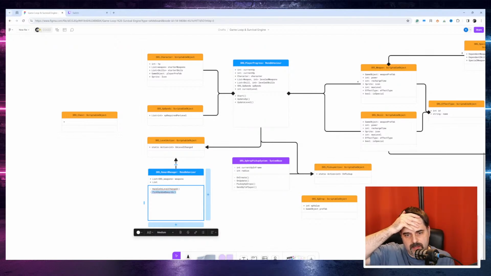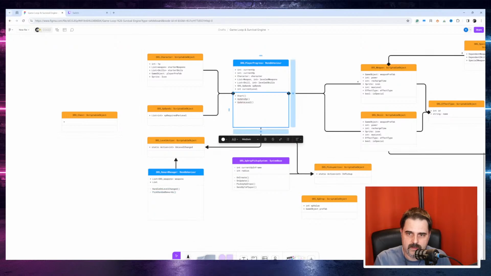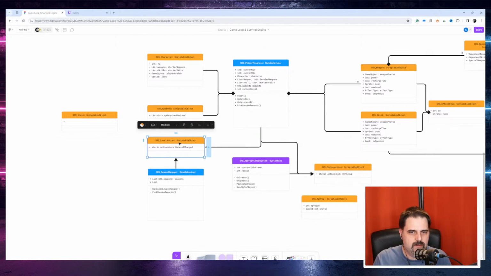If the player progress picks the random rewards, because it has the data. It has the level of the weapon, the level of the skill, all the data, so it can pick random rewards. Instead of sending on level changed, or maybe I need to send on level changed because that will trigger certain effects and things like that. But I pick random rewards, so this will be listened to different